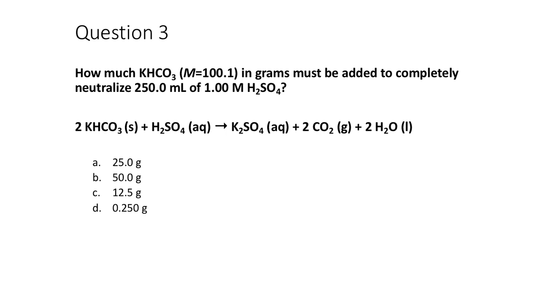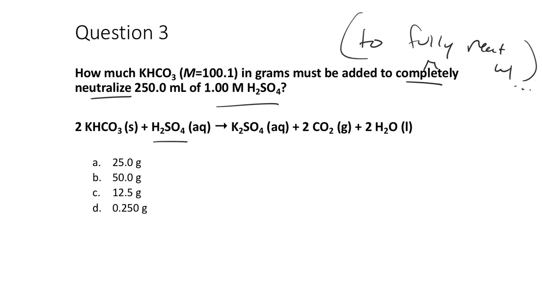Question 3, how much KHCO3 in grams must be added to completely neutralize, to fully react with this quantity of acid? We have the full reaction here where every 1 mole of H2SO4 that's present has to have 2 moles of the potassium hydrogen carbonate added to it to fully neutralize it. So to completely neutralize just means to fully react. So a synonym would be to fully react or to fully neutralize the acid, how much of this base